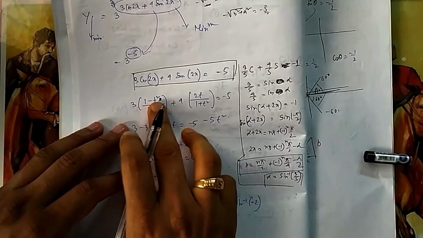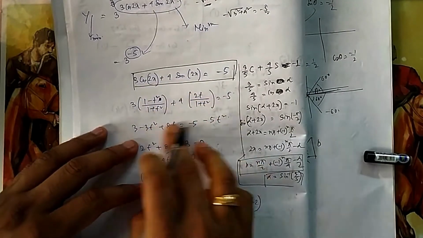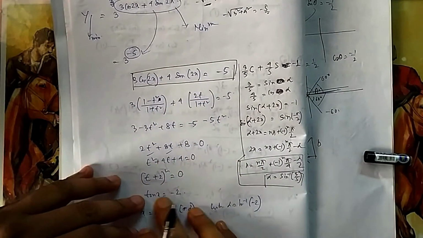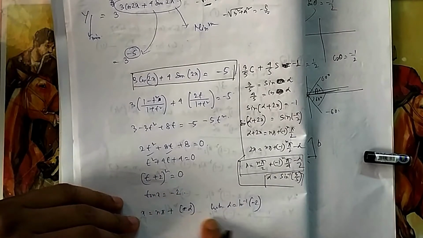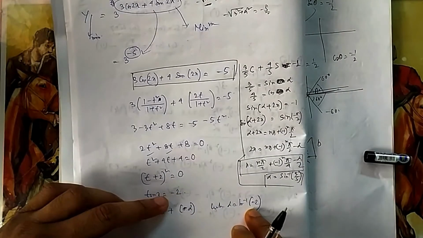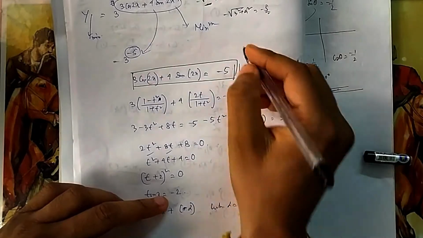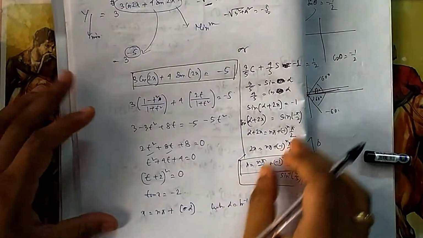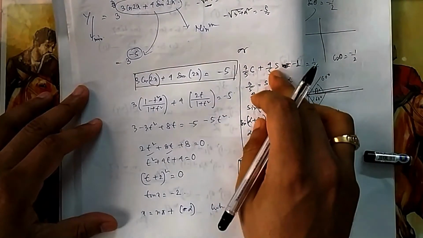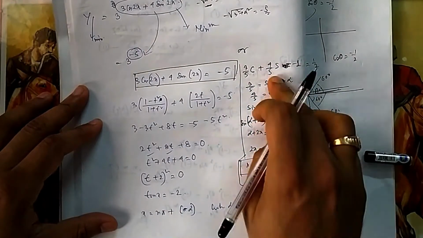If you write cos 2 theta in terms of tan, 1 minus tan square by 1 plus tan square, everything will be in tan. So you will find the equation of tan x equal to minus 2, where your alpha is also equal to tan inverse minus 2. So these alpha and these alpha will be different. So these are two different ways you can do. This one I have discussed in theory. You can have a look in the theory. The same method I have applied here.